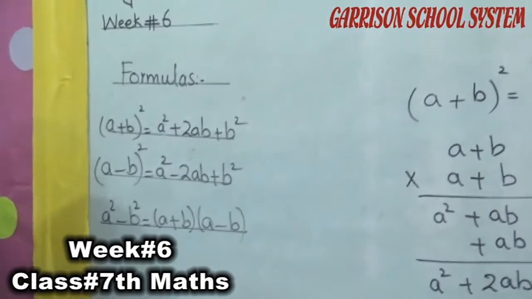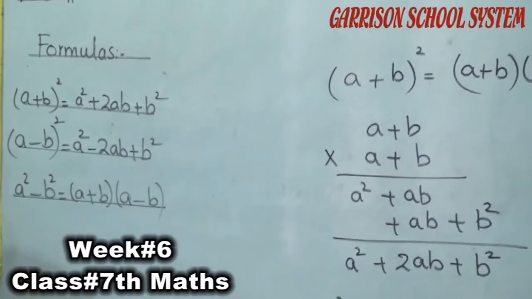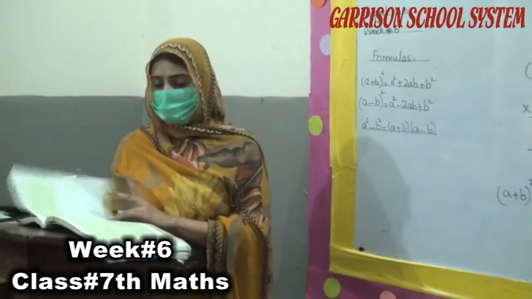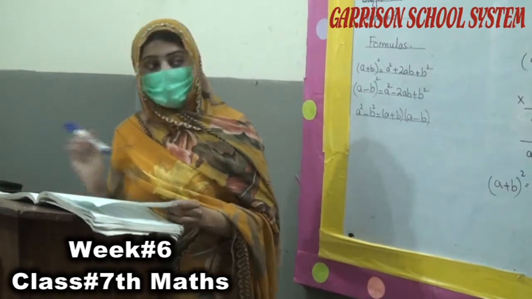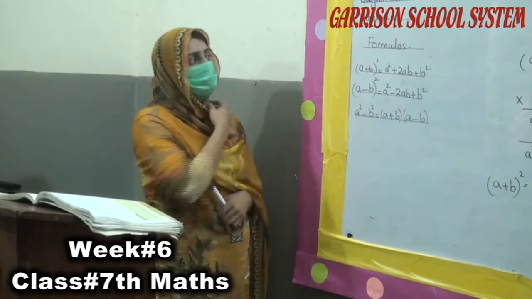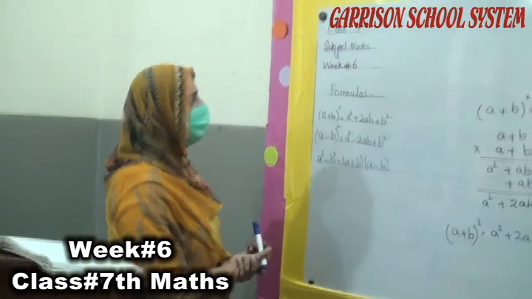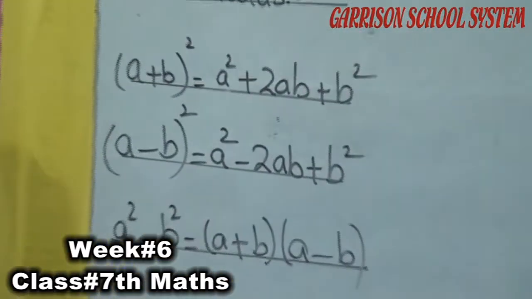Algebraic identities. We know that from algebraic identities, the algebra is going to start. Exercise number 9. We have to discuss the formulas, different formulas. In class 6 you are aware of these formulas. The first is